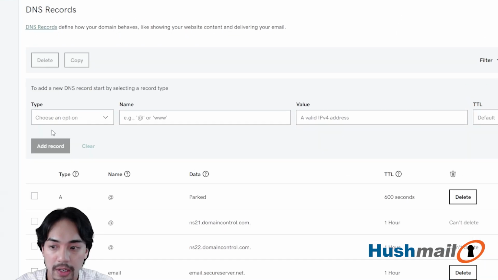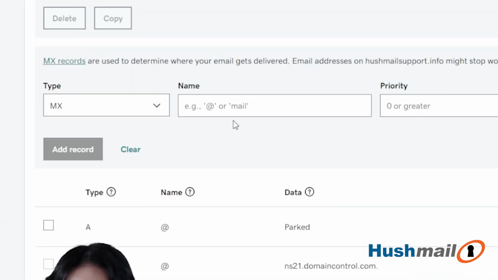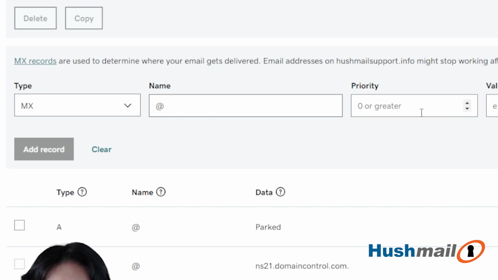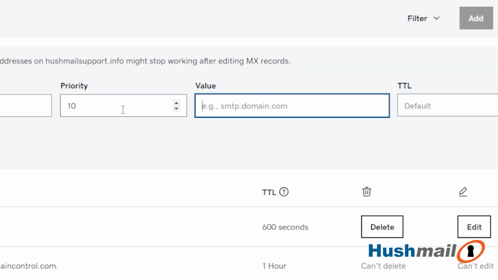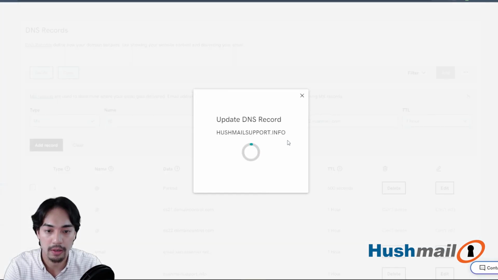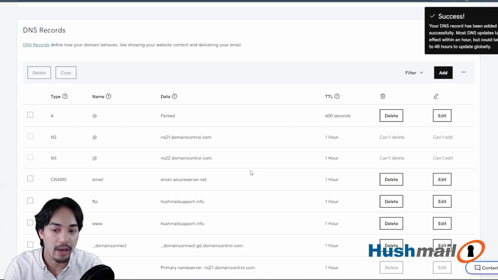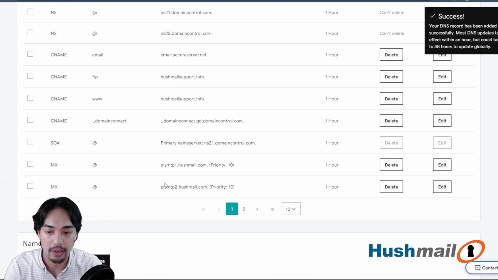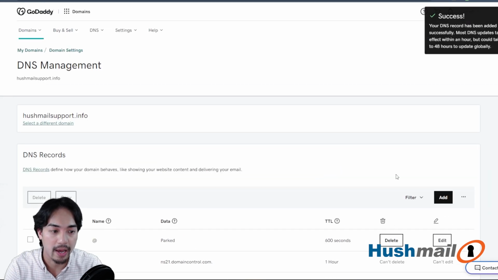Again, we're here in GoDaddy. And for the rest of this tutorial, we're just going to go over the updating of the settings using GoDaddy. But most of it will be pretty easy to follow along with. You'll notice this is the second MX record that we're adding, and here we're doing plsmtp2 instead of the plsmtp1 that we did earlier. All of this you can copy and paste. It's a lot easier to copy and paste than it is to go in and add them individually.